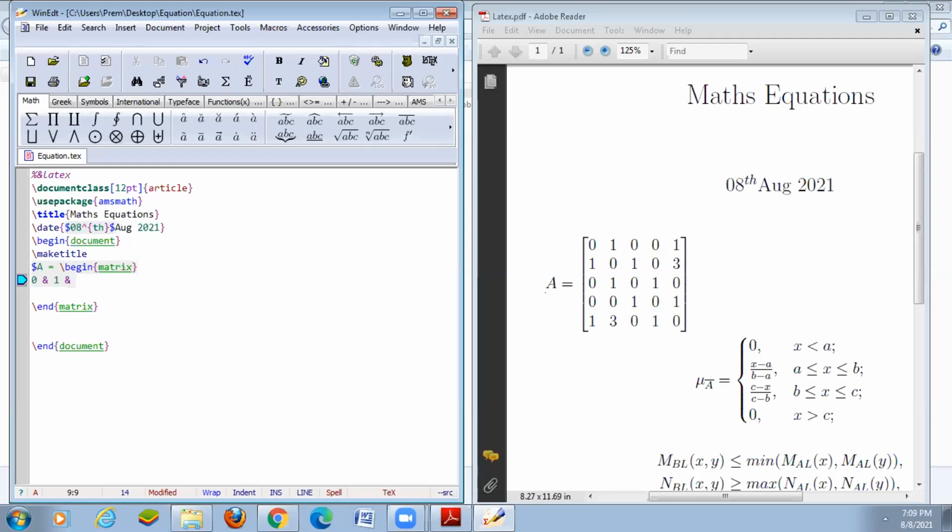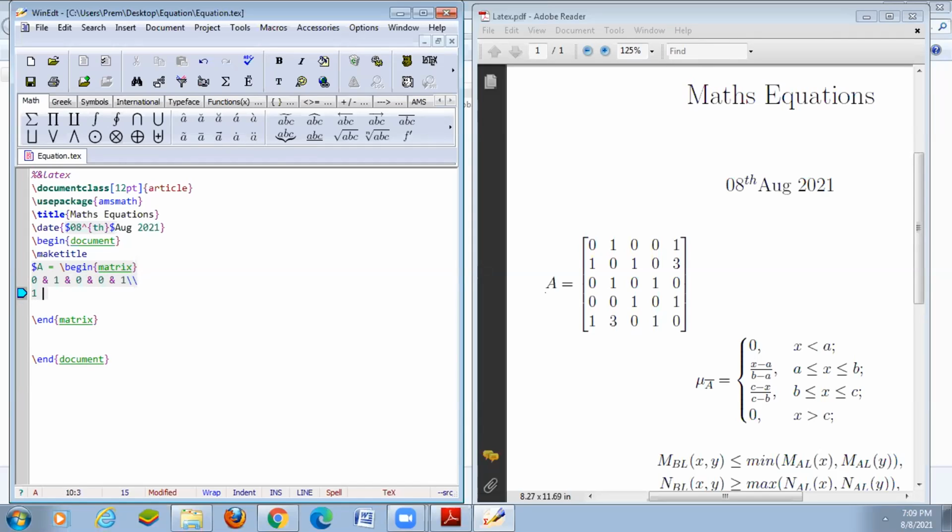Okay. So first I have to type 0 and then 1. Okay. So each and every cell element in between the values should be typed with the AND symbol. Okay. So then the first row will be over. Okay. Now we can break that first row and come to the second row. So break means we can use the double slash. So directly the line should end. Okay. So directly the cursor will come to the second row.